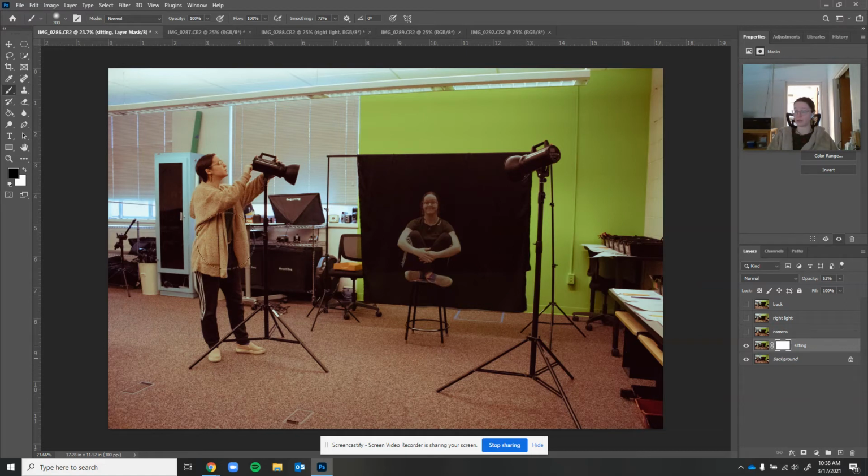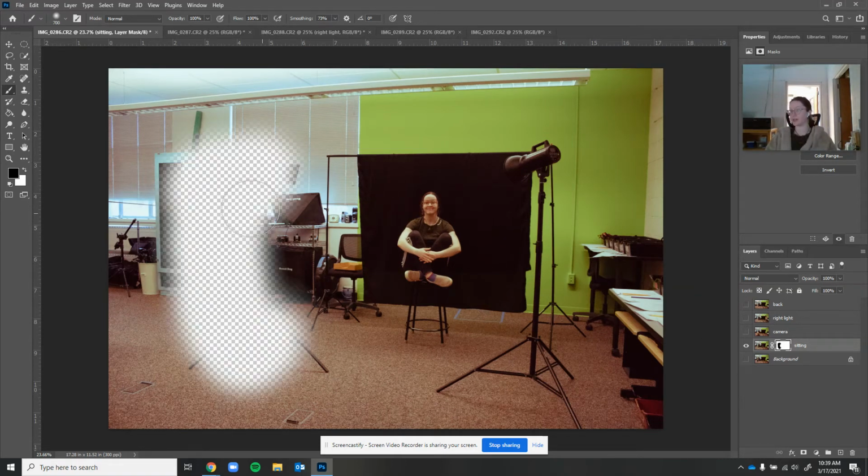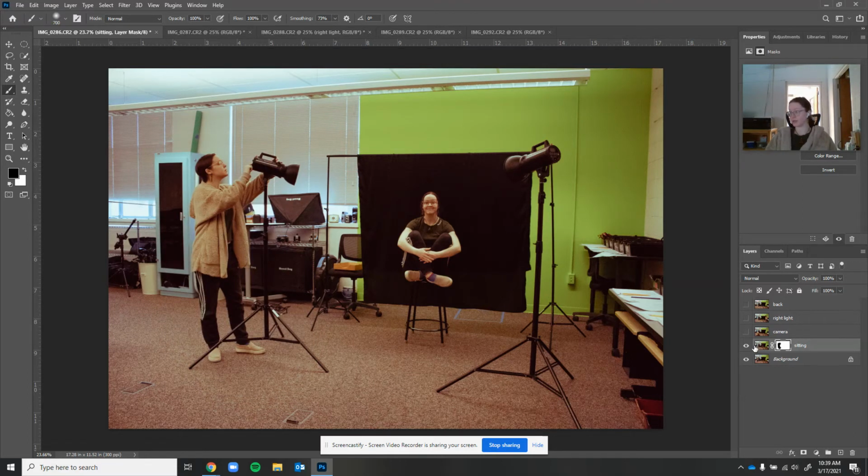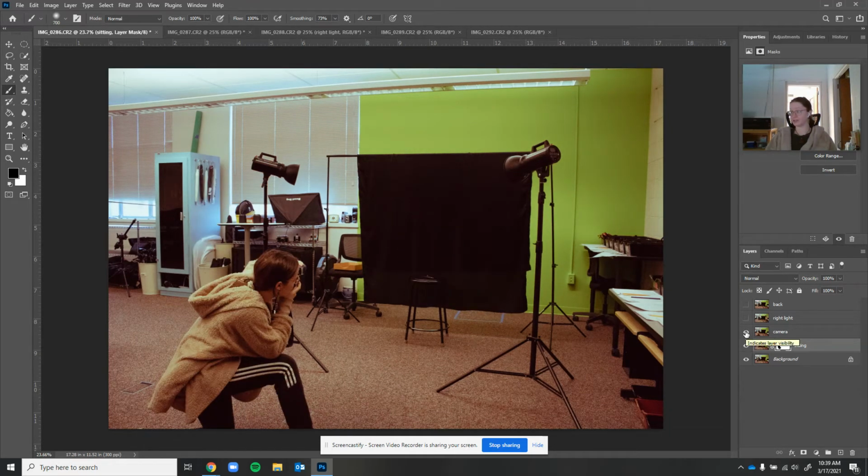So now you can see both of my figures on one layer. This one's not very opaque because remember the opacity on my layer is still down. So if I turn that back up to 100, I have a hole that's cut in that layer showing through to the second image. If I turn off this layer, you can see there's literally a hole cut in my sitting layer that's showing what's underneath. Okay. So now we're going to add in the camera layer, and you'll see that, uh-oh,